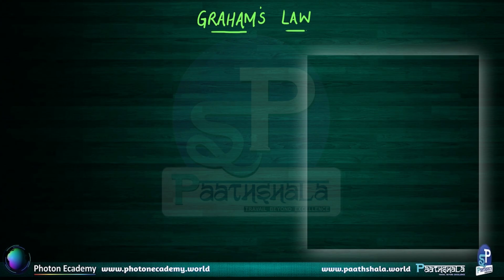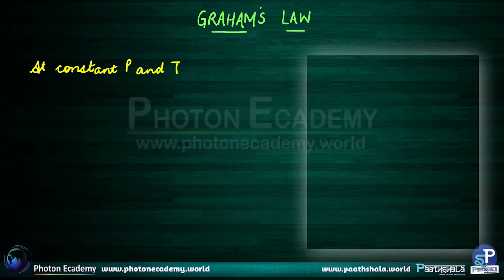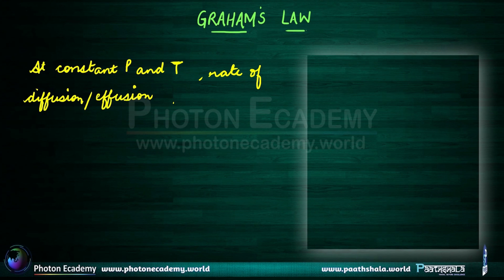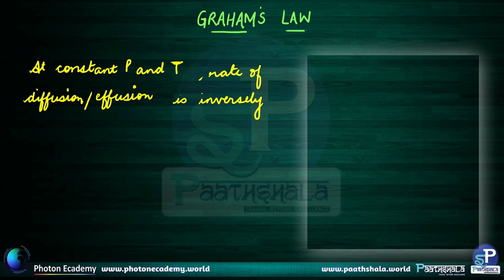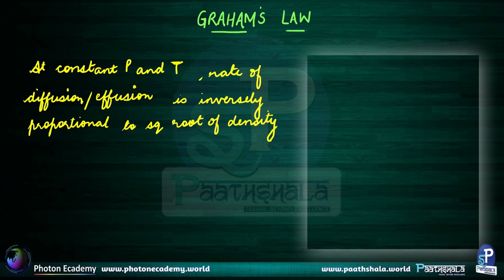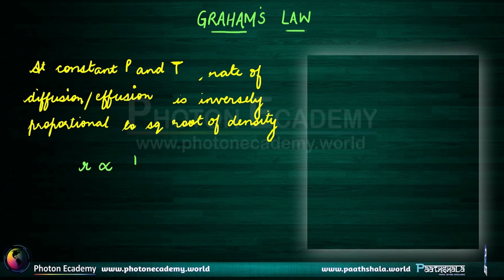Graham's law states that at constant pressure and temperature, I am referring to them as P and T respectively, the rate of diffusion or effusion is inversely proportional to the square root of the density. What does it mean? That the rate, let's call it R, is inversely proportional to the square